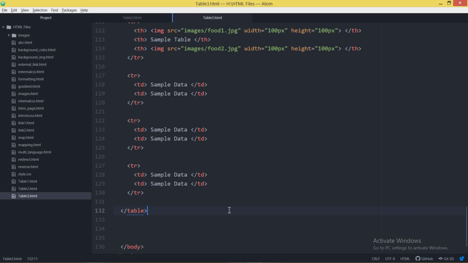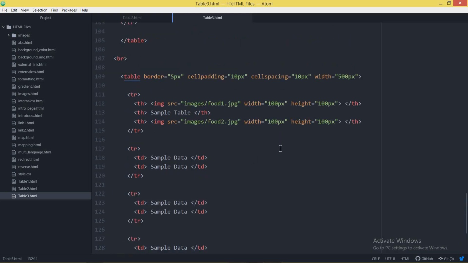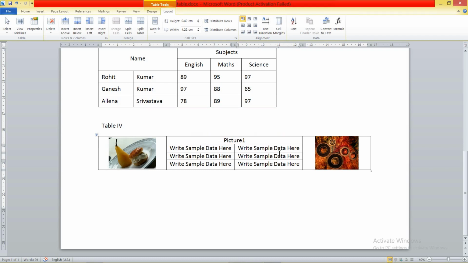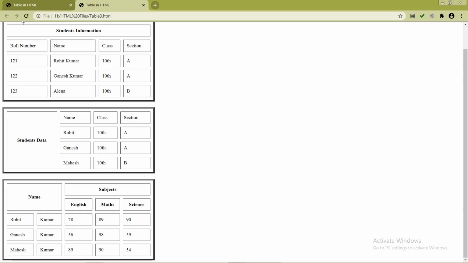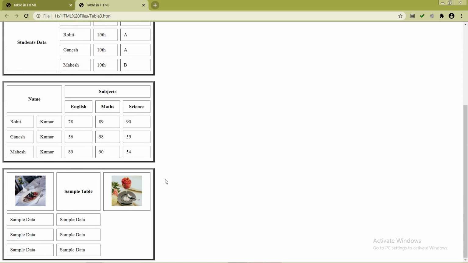This is mandatory. Now if I see the output of this particular table, see, I said forget about the number of row span and col span. First of all you have to make the table and mention in a particular row how many cells you want to make. Later on you can merge the cells. Now if I try to see the output of this table, the desired output will not be there, because I have not merged cells and columns. But you can see in the first row I have just made 3 cells, and in the next 3 rows I have made 2 cells.